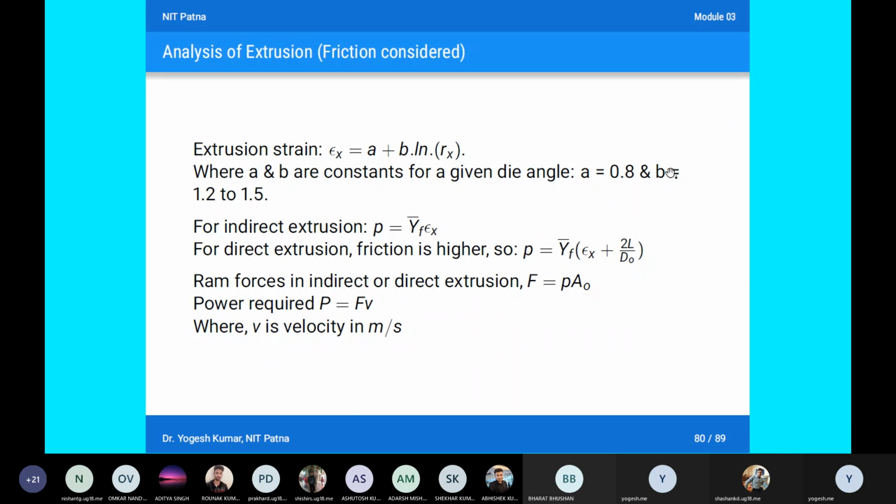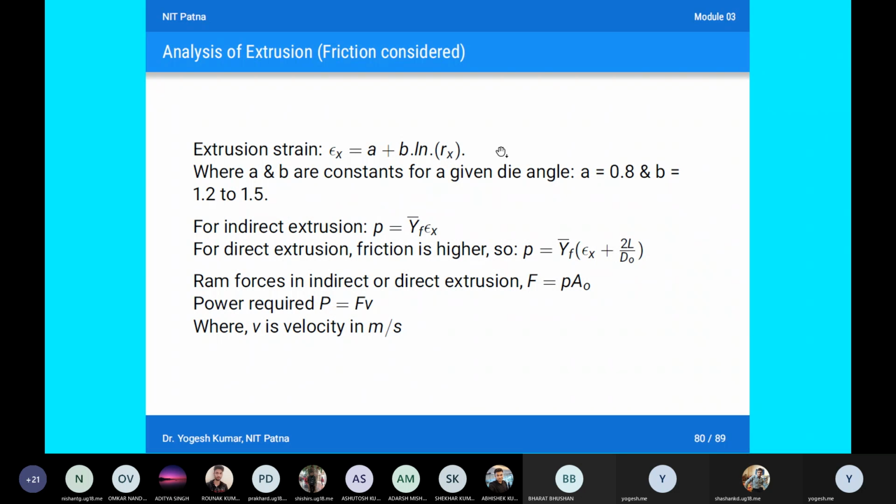So this B ranges from 1.2 to 1.5. This is a well established value. Maybe I have not gone into the depth of how this B was calculated by researchers, but the value is varying from